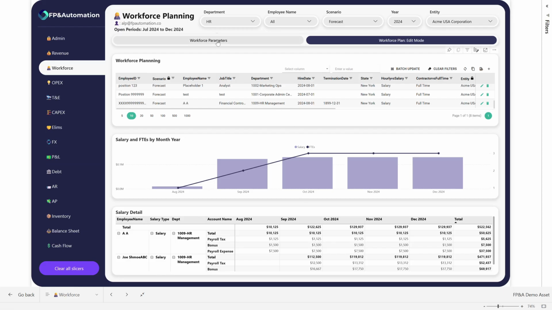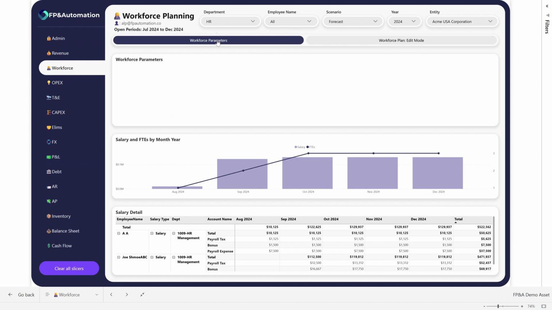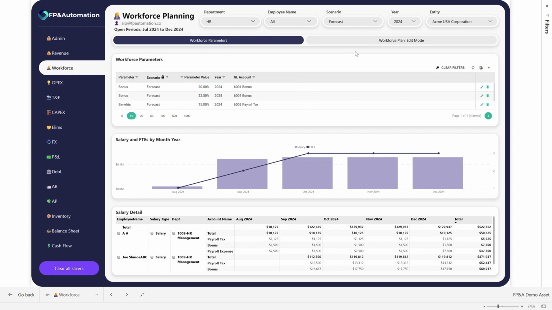Another good example right here is the ability to control workforce parameters. Whether you're planning bonuses or benefits at an individual level or at a company level, Fabric with Acterys is flexible enough to be designed in a way that works for your organization. So imagine now you can change bonus impacts. Let's say, for example, for this year, the bonus impact for all organizational members is 30% based on what you're projecting the year to end at, which is going to be quite a good year from a revenue perspective and a profit perspective. We can immediately change the bonus assumptions here and then see our results straight-lined here,